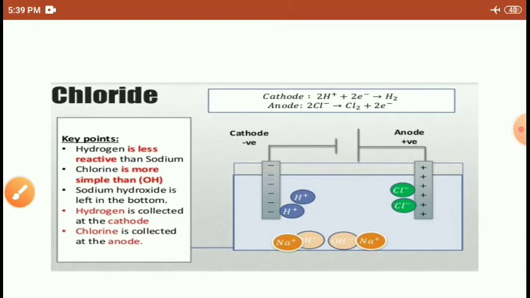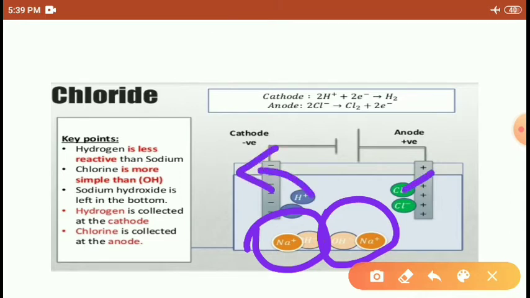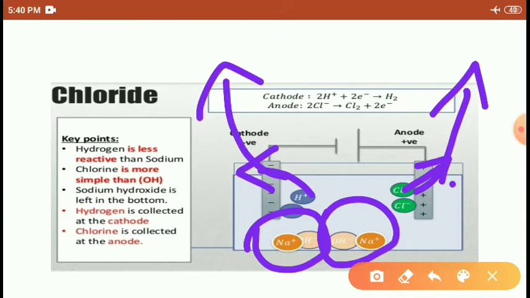And the two form here: Na plus OH minus, this is one Na plus OH minus, and this is another Na plus OH minus. So hydrogen turns into hydrogen gas, chlorine turns into chlorine gas. They evaporate, students, they turn into gas and then evaporate into the atmosphere. Understood, students?